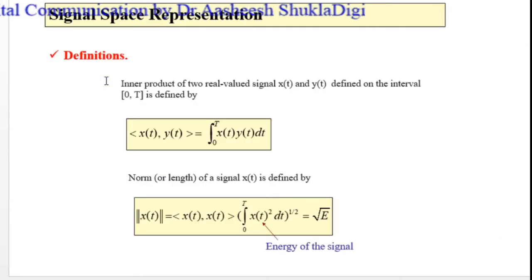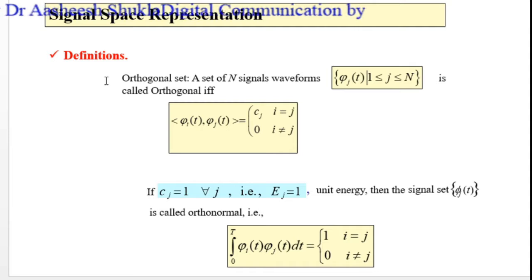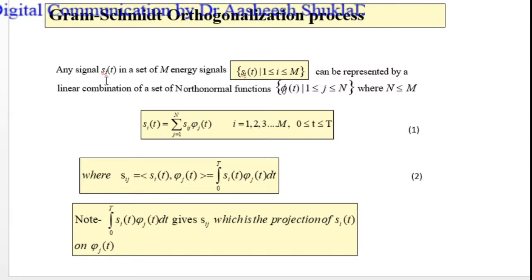So we have already seen the inner product and the norm of the vector, and then we have also discussed what is the condition for orthogonality for two vectors. Now today we are going to discuss the Gram-Schmidt orthogonalization process. Okay. So it is very clear why we want to study the Gram-Schmidt orthogonalization process.